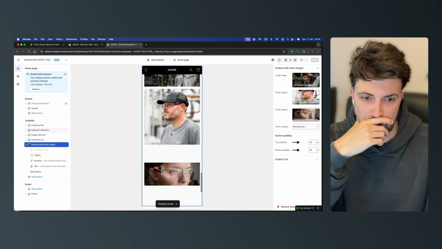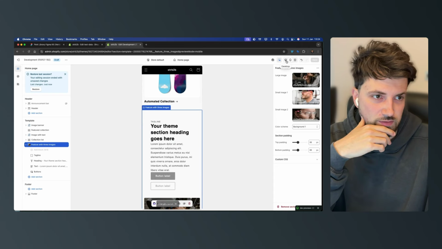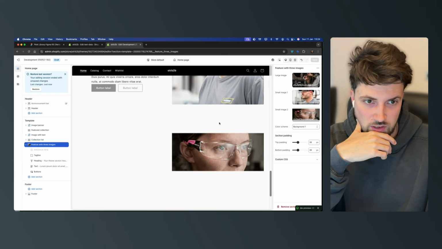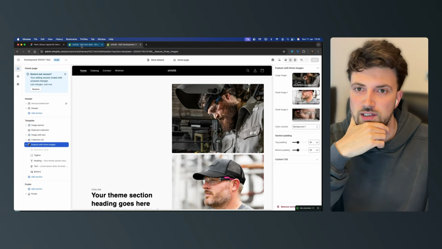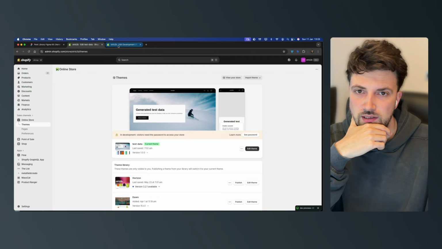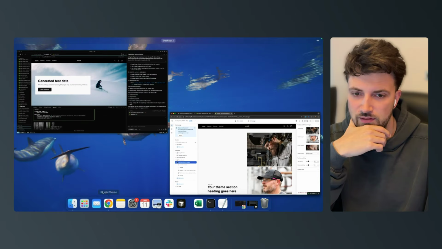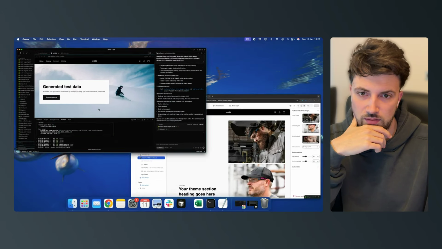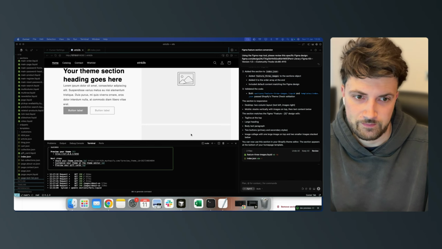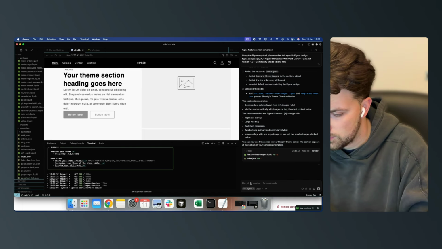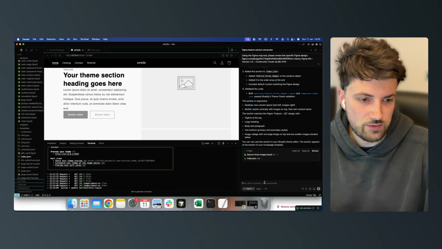Wonder what it looks like on mobile. So it's just stacked it on mobile, which I suppose for the moment's fine. But we want to get it on the desktop to look exactly how we've got the design. So let's try and tell it something. Why does that keep disconnecting? Right, so we need to write in here